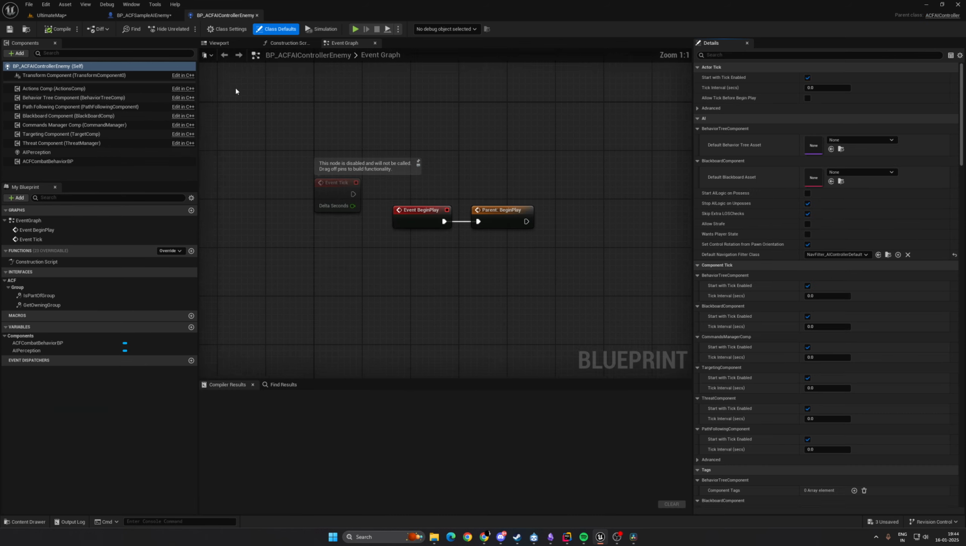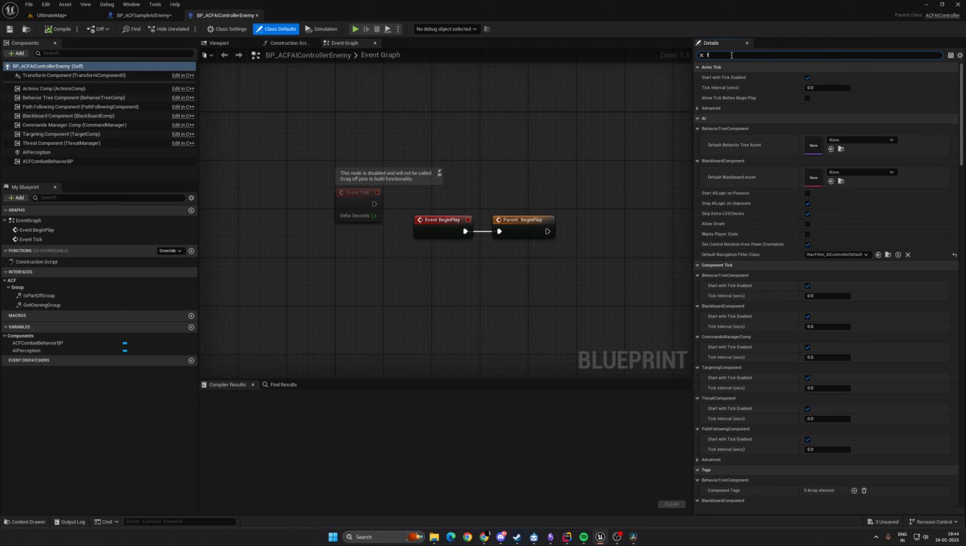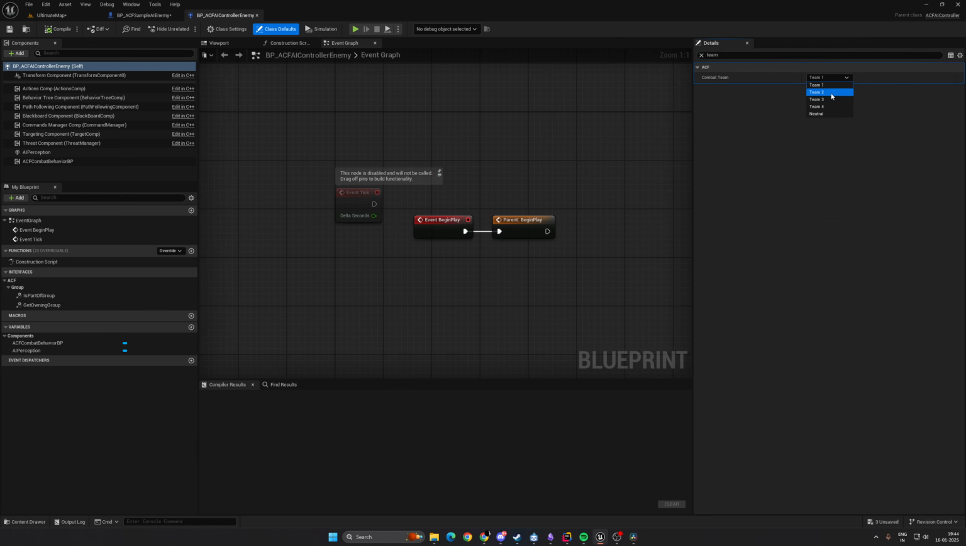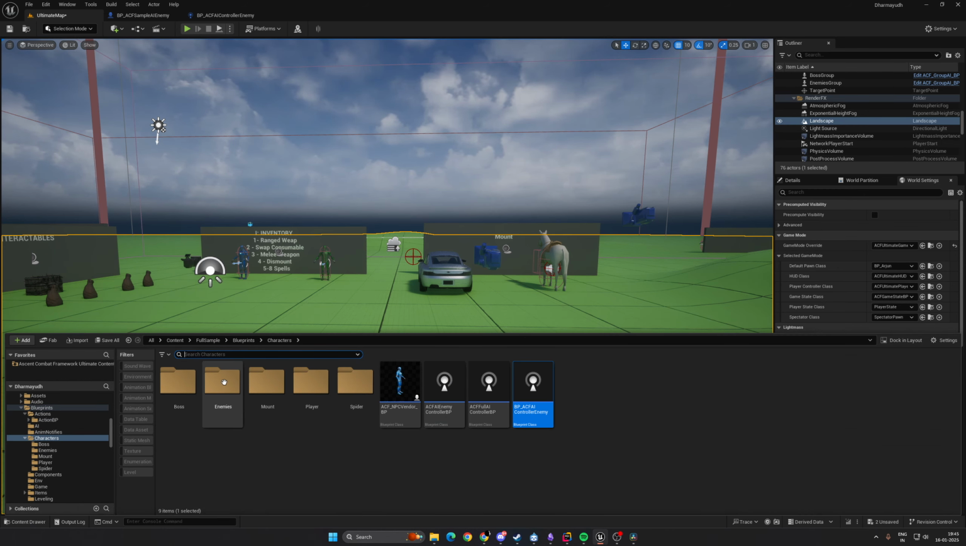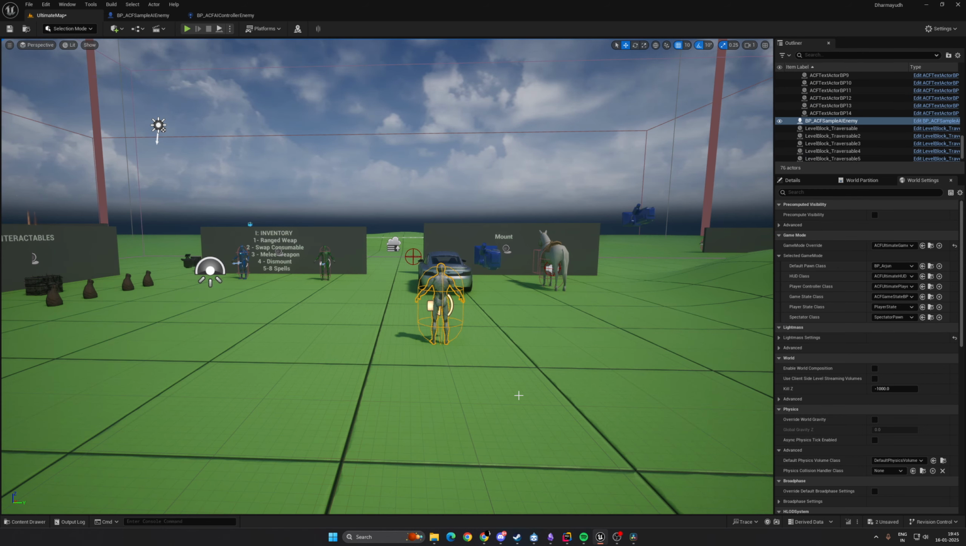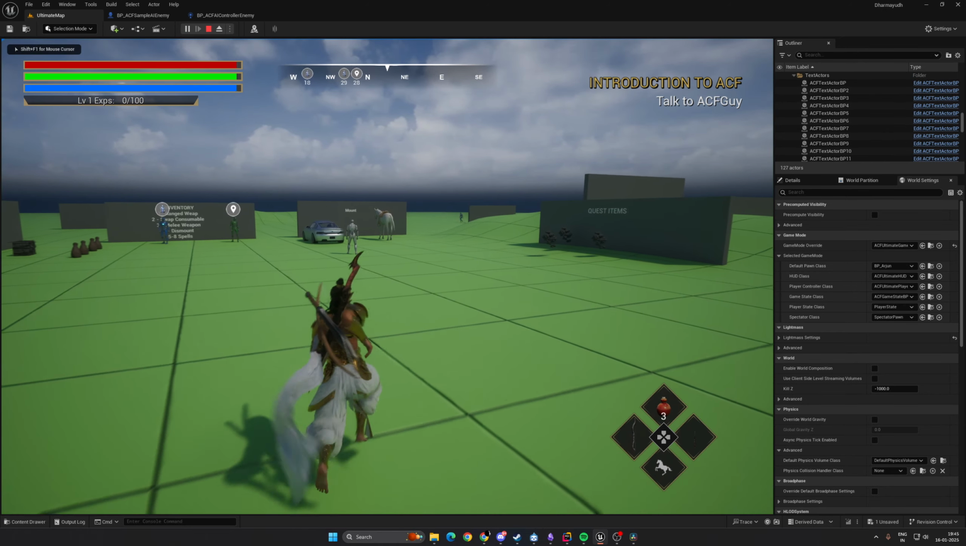So there's no sign. Let's open it up, and we search for team here and make it team 2, because team 2 and team 3, 4, 5 are hostile, so we want it to be an enemy. After that is done, let's drag the enemy right onto the map. The first thing we need to do is, if you test with your character,